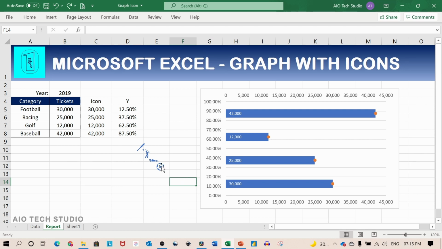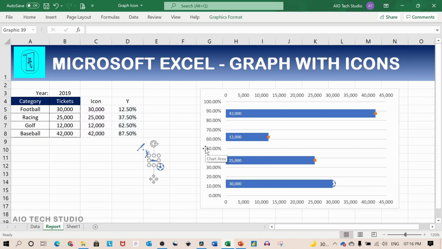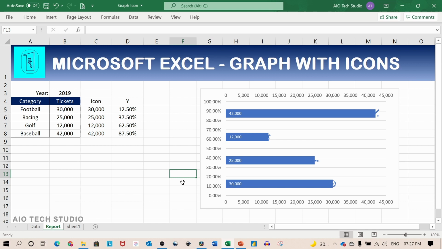For that we have to go to individual icon, use Ctrl C to copy, click on the scatter point to select the series, again click on the scatter point to select individual scatter point and use shortcut Ctrl V to paste. Go to the second icon, use Ctrl C to copy, click on the scatter point to select the series, again click on the scatter point and use Ctrl V to paste. In this way I have replaced all the scatter points with the icon,